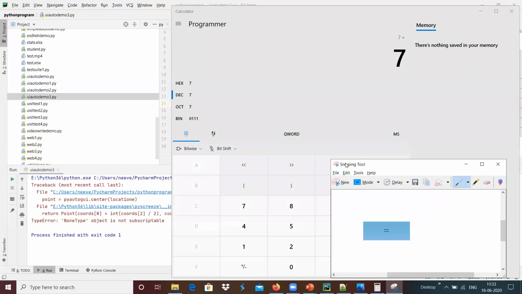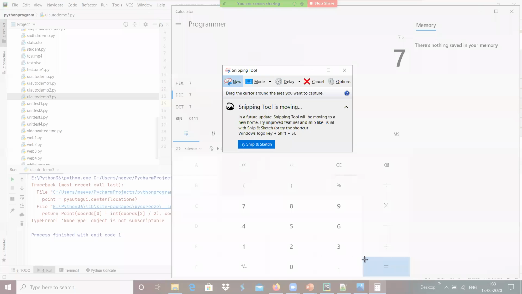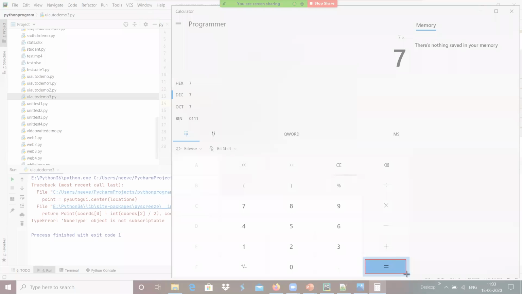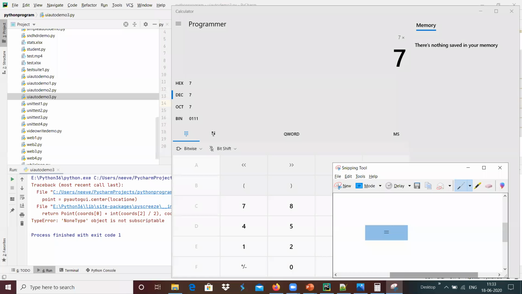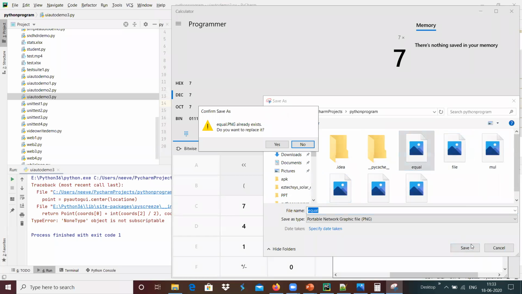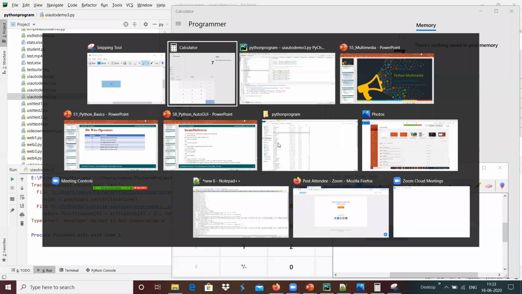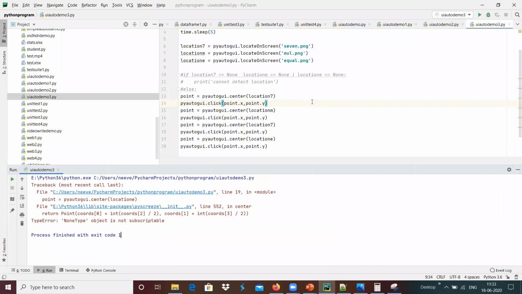Maybe I'm going to create a new one. I will capture it with a small snip over here, and file save as equal dot png over here, and I'm going to run it again.